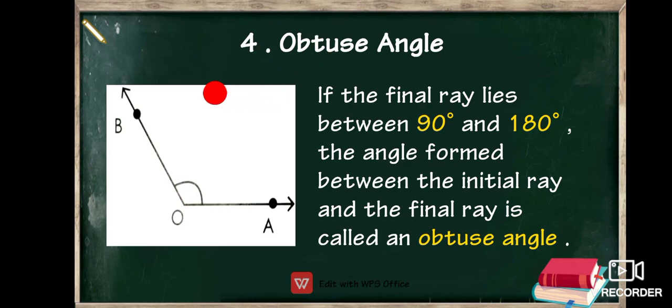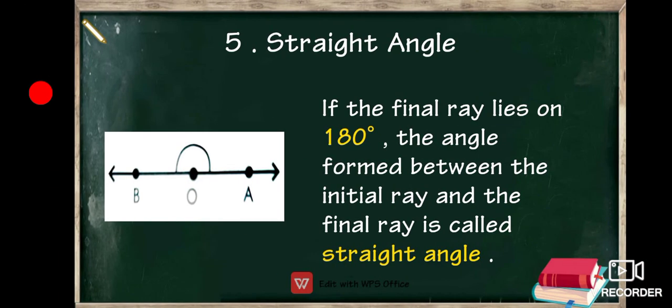Imagine like that. Now we can move on to a new type of angle which is not in your book, but just make a note. This is known as a straight angle. Like in the names before, here also there is a clue: it is a straight angle. You know the meaning of straight, right? A straight line, a straight road, a straight railway track, like that. A straight angle is nothing but the initial ray and final ray are formed in opposite directions, in a straight line.